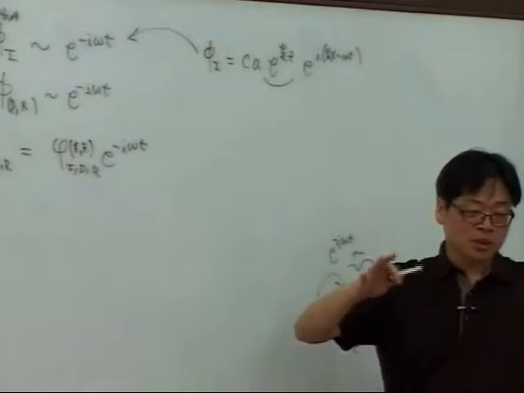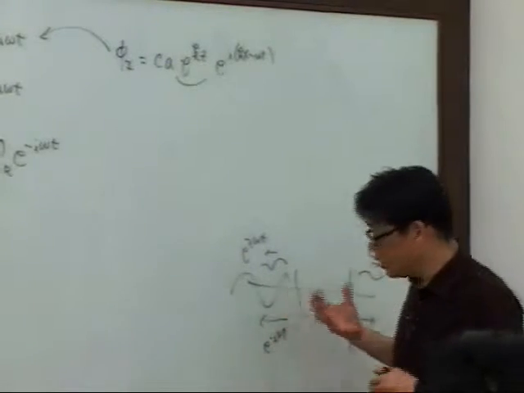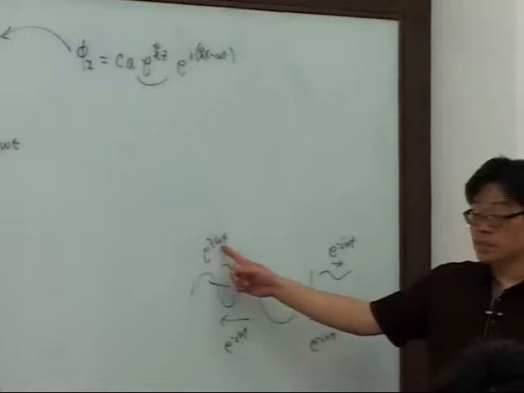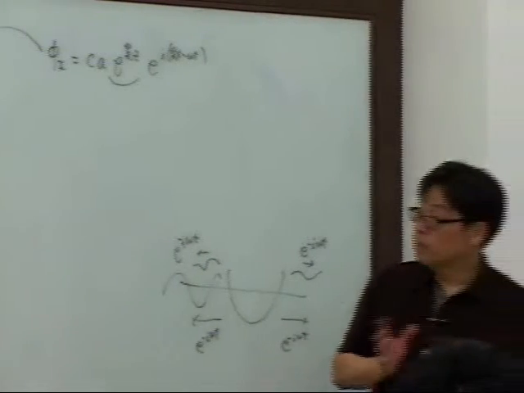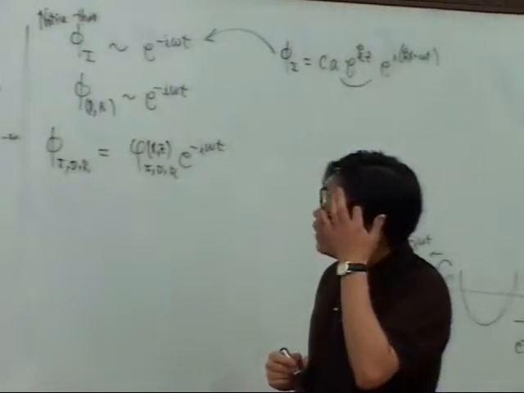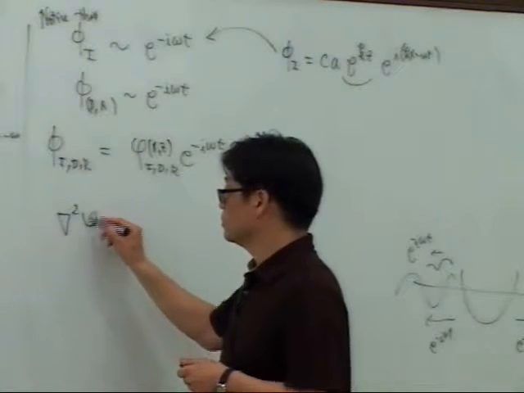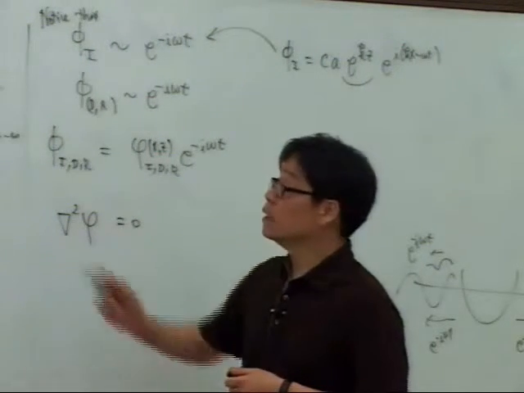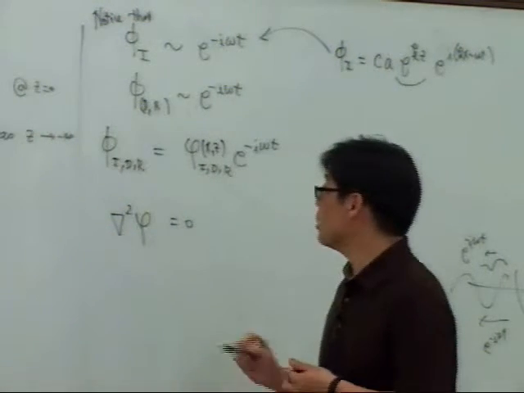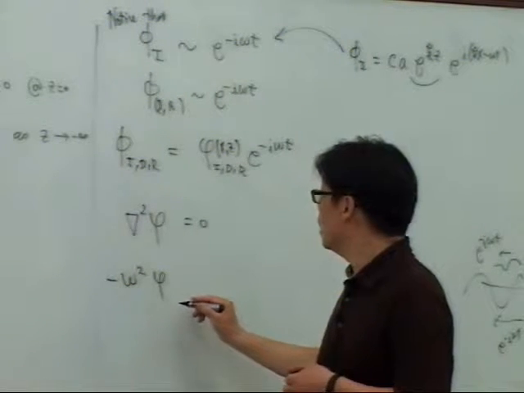But once the transient motion dies out, so if you wait a little longer, then the body will move with the same frequency as the incident wave. Okay? So if that is the case, then we can write the solution in this way, and then still this is true, right? Because there is no time dependency. But if I look at the free surface boundary condition, then I realize that I can write